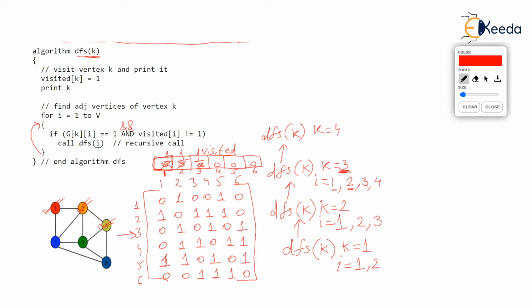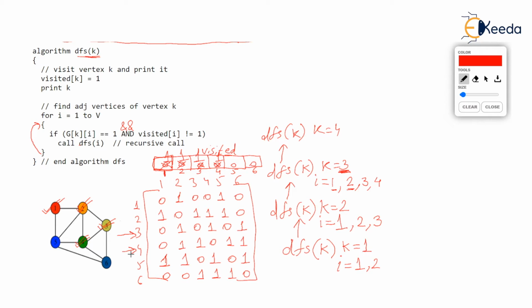What do you do when you enter DFS? You print 4 and we mark the fourth vertex as visited, the first two lines. So the fourth vertex here of the visited array is being marked as 1. That means we have printed 4 and we have visited it. Now let's see adjacent vertices of K, where K is 4. So you will be in the fourth row, isn't it? And you will visit all columns. Which column numbers under fourth row are having an entry 1?